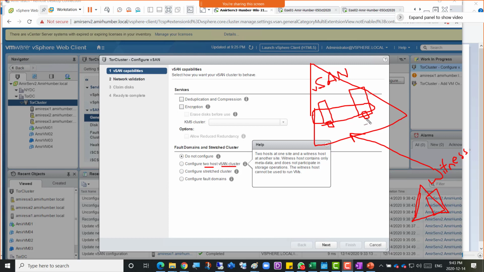Suppose there are 20 disks here, 20 disks here, and you create a big data store on top of that. So if one host goes down, because of the witness host, the other host will remain up, and the data store will remain up, and it will let you just turn on that one host, or configure whatever you want. But this third host should be available to tell the other host,